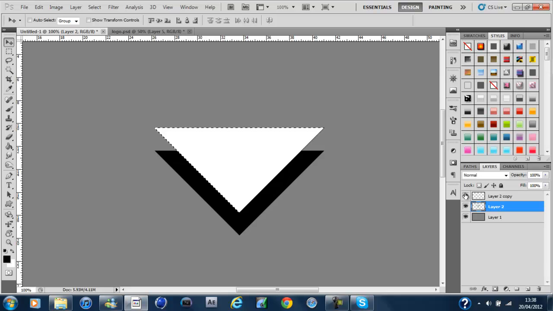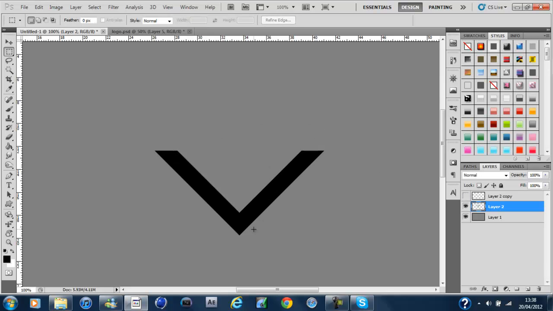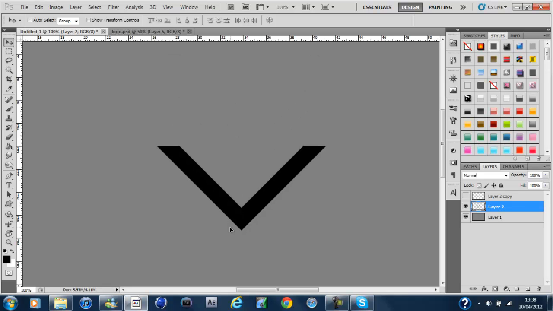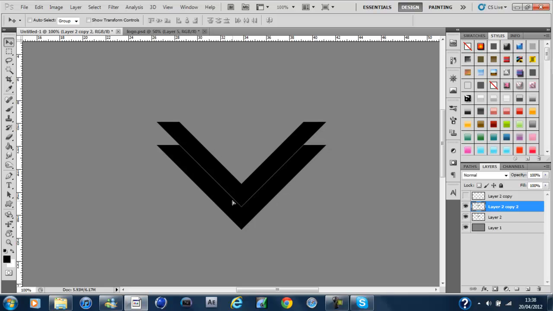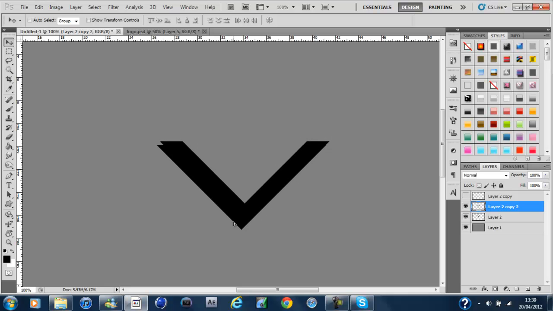Then when you hide this white layer, you can see that it has deleted the rest of the black layer, and now you've just got this V. So what I'm going to do again is duplicate this V, and just simply keep it where it was actually. And another tip that will come in helpful is, if I just Control Z to take that back,